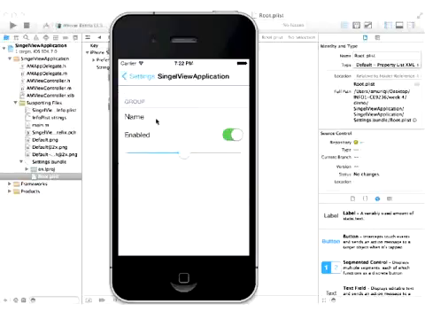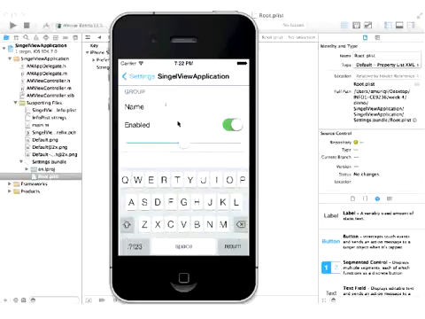And the single view application has some settings in there. Those settings are the default settings, what you get when you create a new